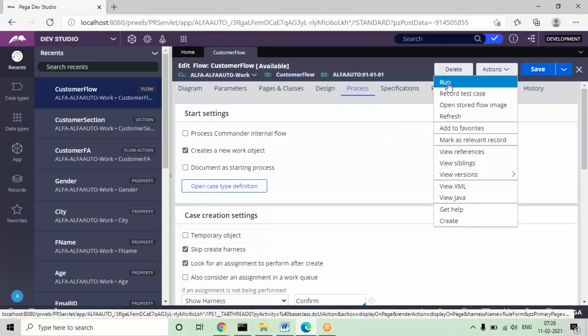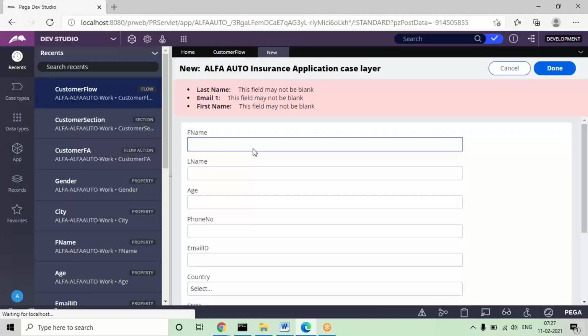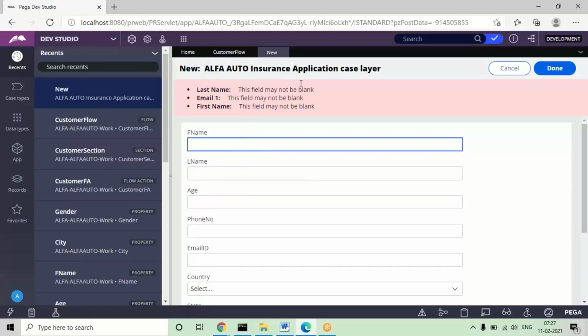So if you run the transaction or if you run the flow, some default work parties page will open. What is work party? I'll discuss later. Okay. So today we'll just understand what setting we have to do in order to block this page. When you run that flow, it will display some default work parties page. So we have to block that page.